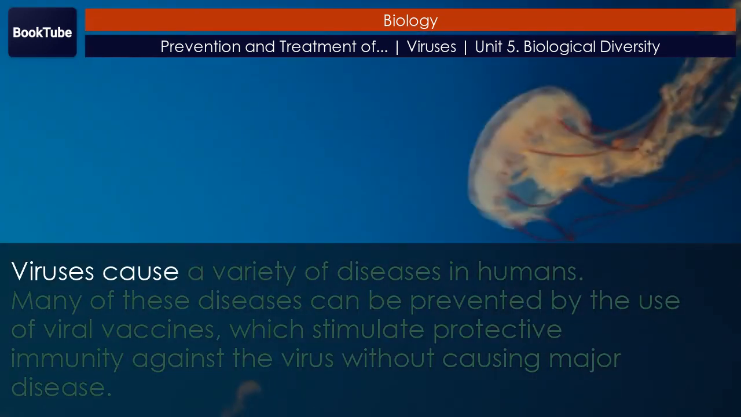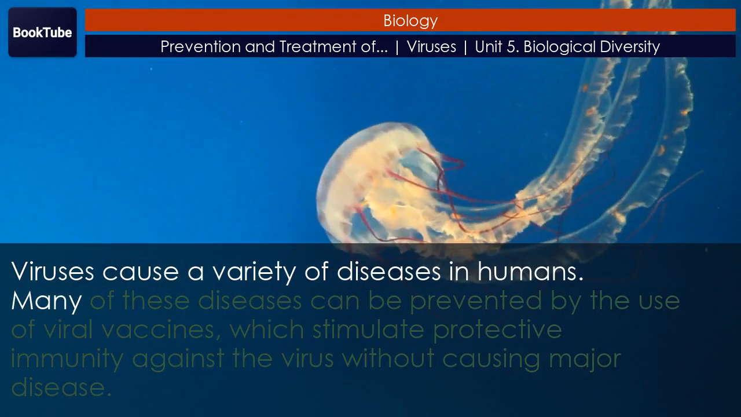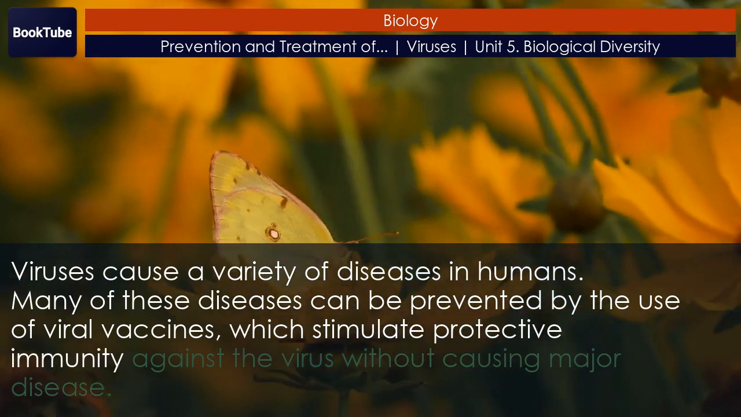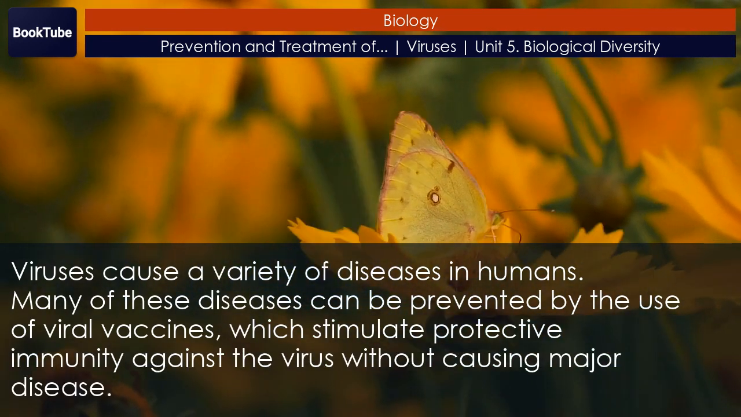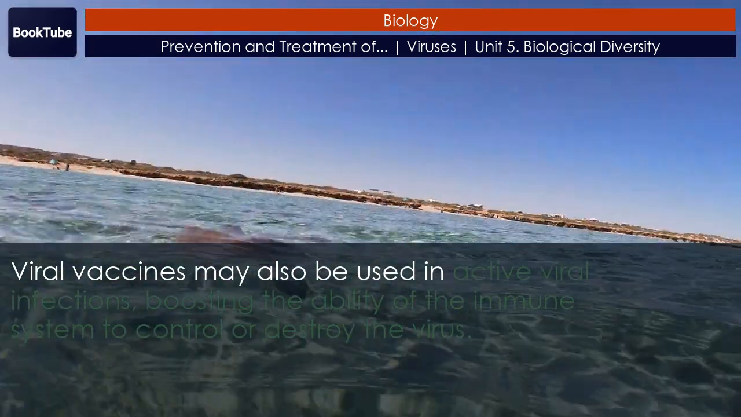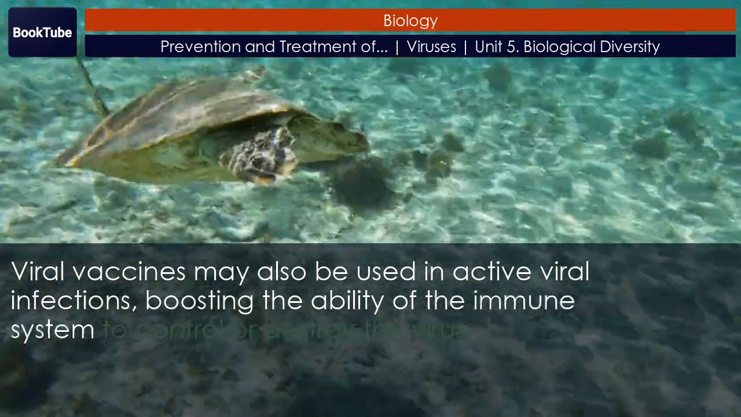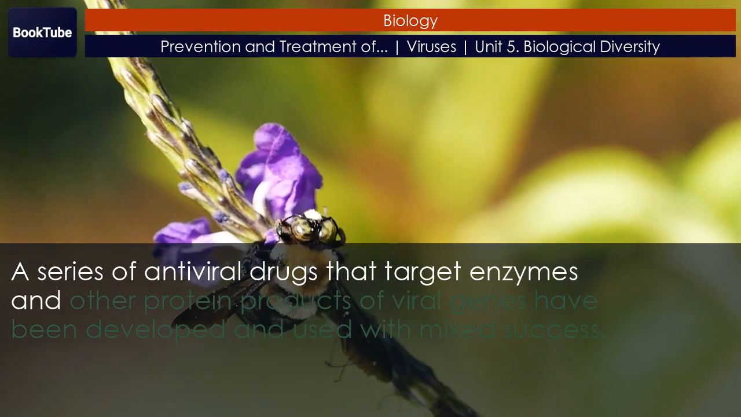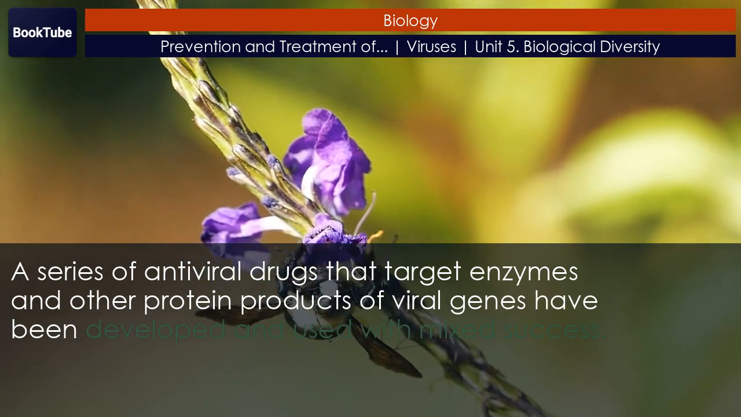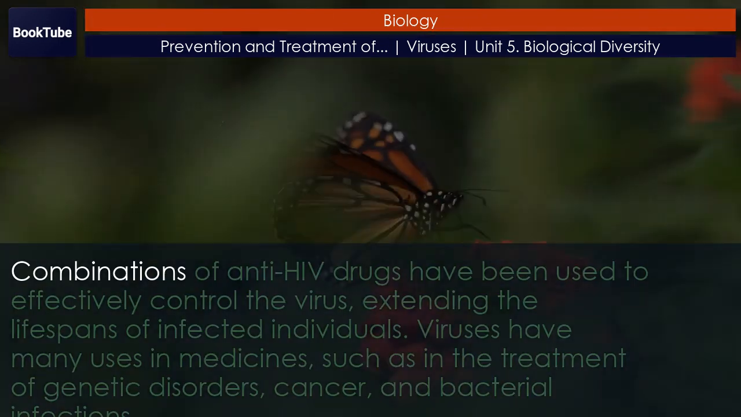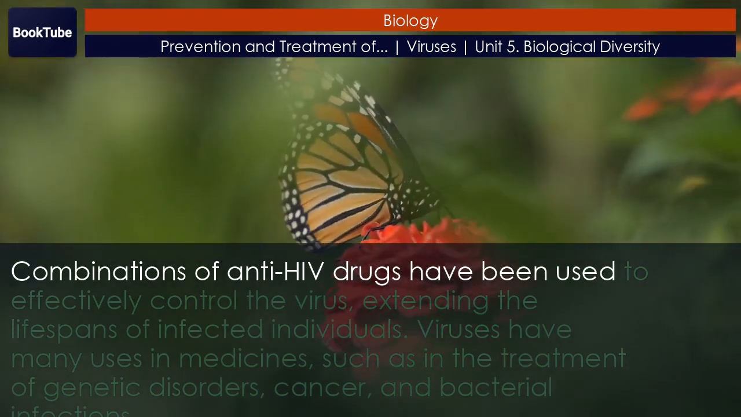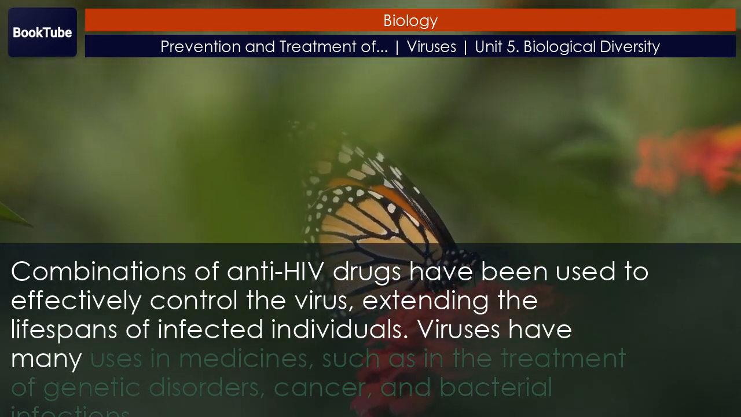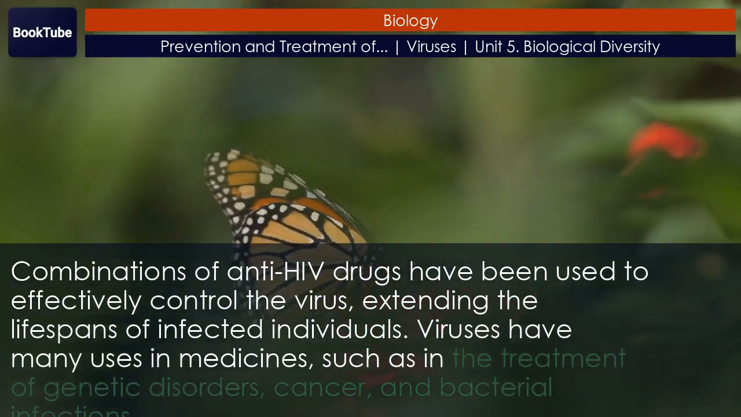Section summary. Viruses cause a variety of diseases in humans. Many of these diseases can be prevented by the use of viral vaccines, which stimulate protective immunity against the virus without causing major disease. Viral vaccines may also be used in active viral infections, boosting the ability of the immune system to control or destroy the virus. A series of antiviral drugs that target enzymes and other protein products of viral genes have been developed and used with mixed success. Combinations of anti-HIV drugs have been used to effectively control the virus, extending the lifespans of infected individuals. Viruses have many uses in medicine, such as in the treatment of genetic disorders,